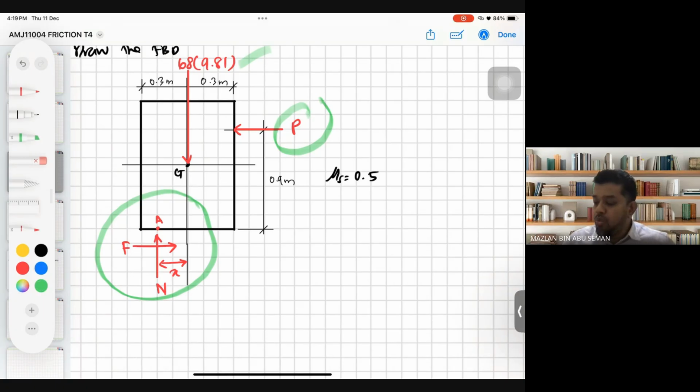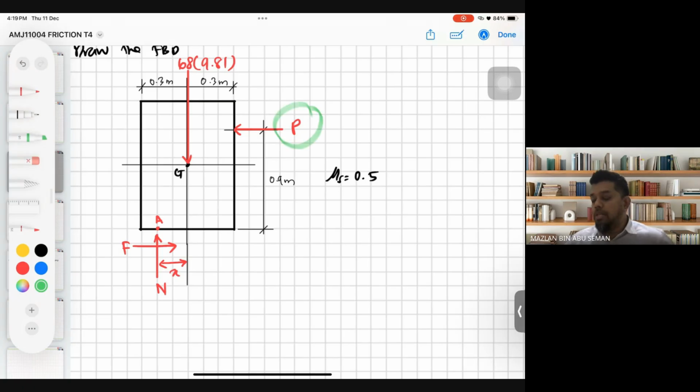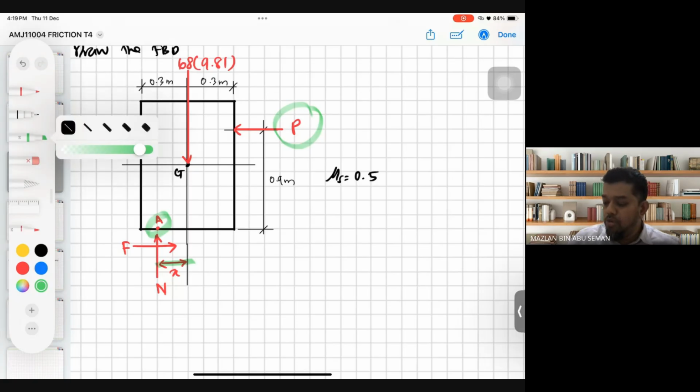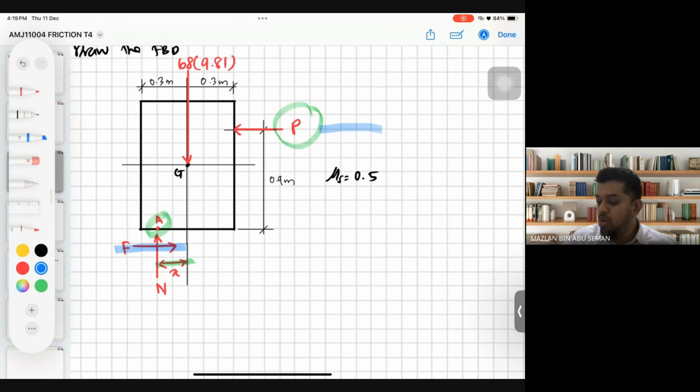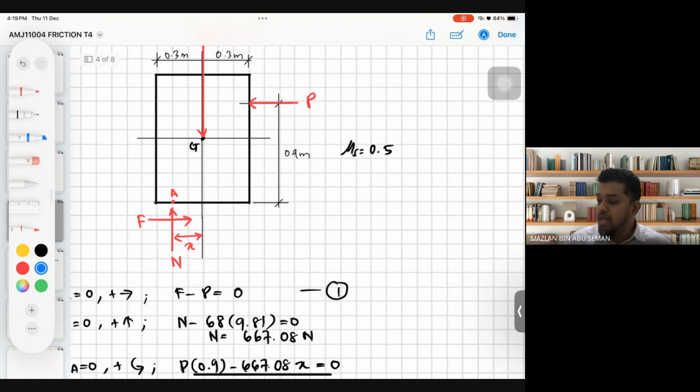Okay, in this question, we want to know the minimum P required to make sure this box or this crate can slide or move. So we take an assumption at point A, anywhere at distance X. And for sure, for this case, due to this P, we have friction force, and also we have normal force at point A. And given to us is mu s 0.5. Right, clear with that? Free body diagram. So we are done with the free body diagram. Then what we have to do,